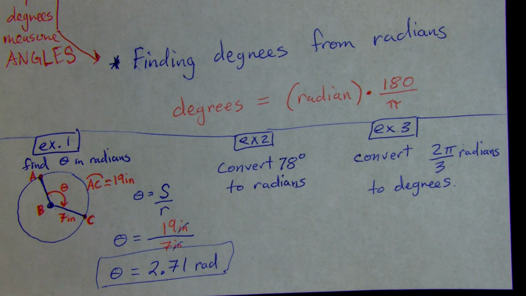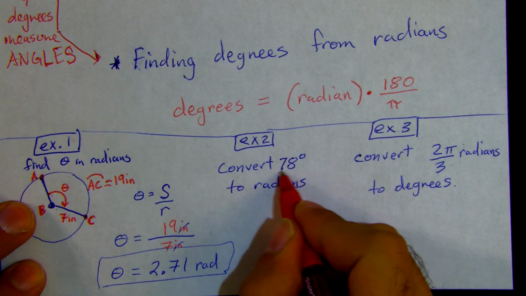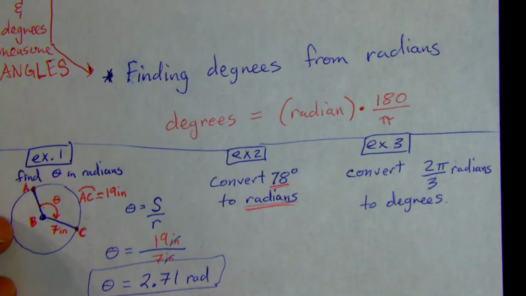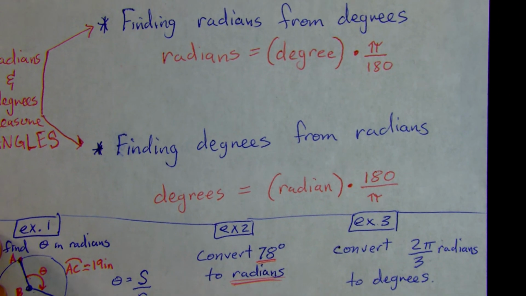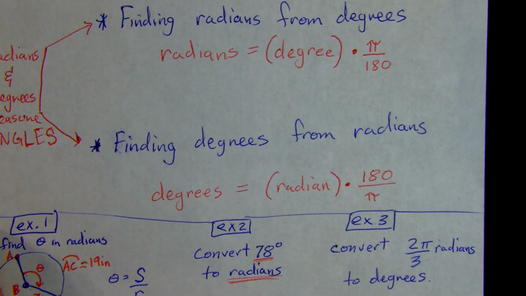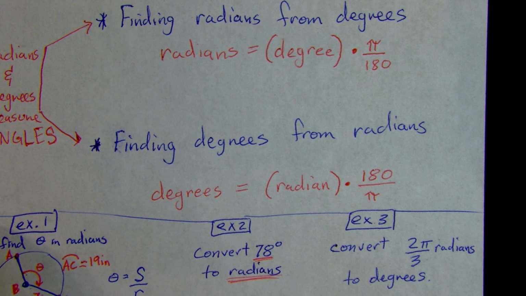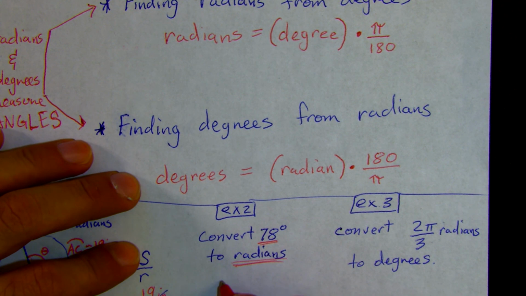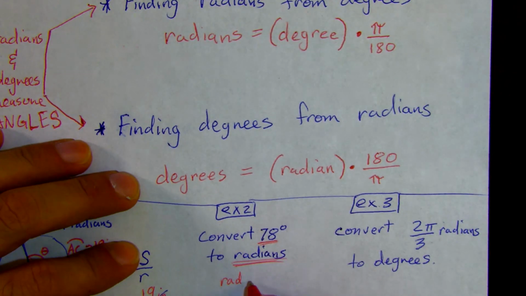All right. Next, we need to convert between degrees, 78 degrees, and radians. So that's where we've got to go back up here. We've got to get our conversion formula down. Finding radians from degrees, it's going to be the degrees times pi divided by 180. Let's set it up this way. The radians is going to be 78